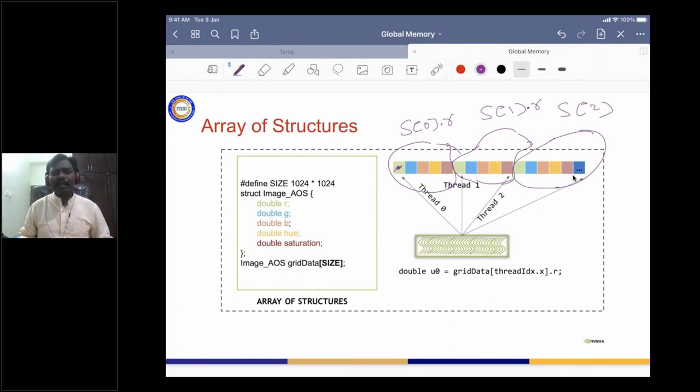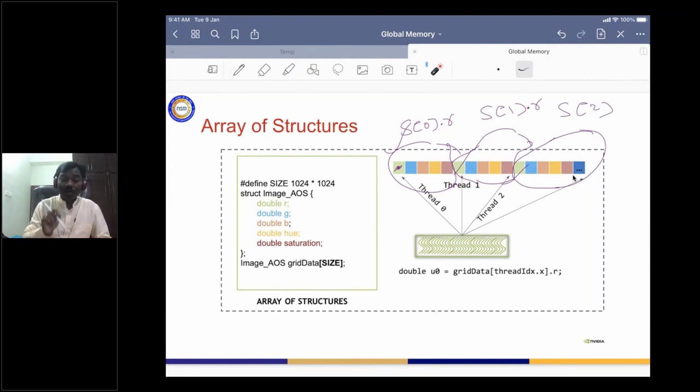So what is happening here? There are a lot of threads, and all the threads want to read only one element. But what is happening to the memory accesses? Are the memory locations consecutive, or scattered here and there? They are not consecutive. One is here, another is here, another is here. So the memory coalescing is very poor in this example.